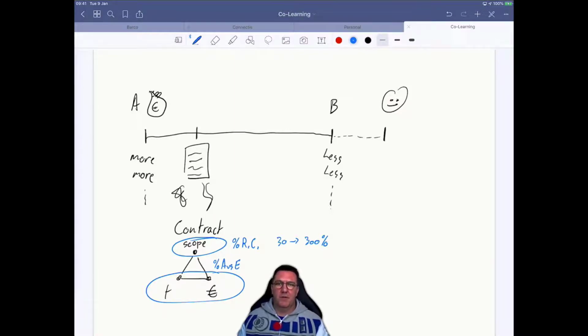From a time and budget perspective, if you look at the beginning, what we thought would be the actual, this is the estimated time and budget, versus the end where we have this okay customer. So what's the percent of change? Also there you come to very similar things, very similar to the 30 to 300%. I think 300% is maybe a bit exaggerated in most cases, but this is what we at least